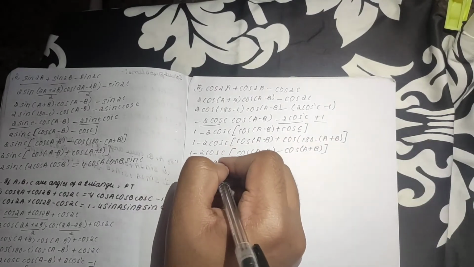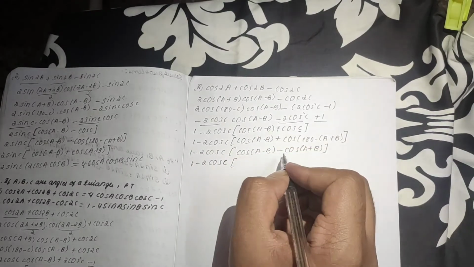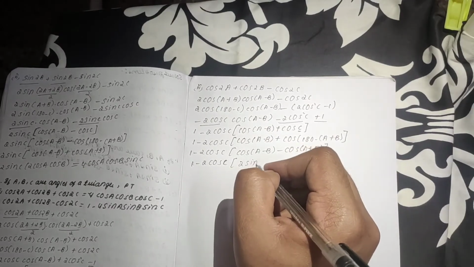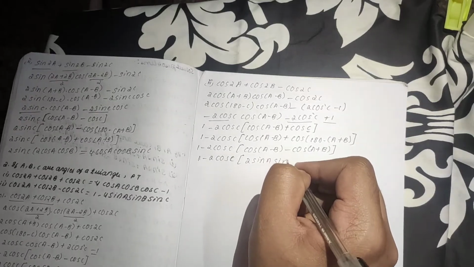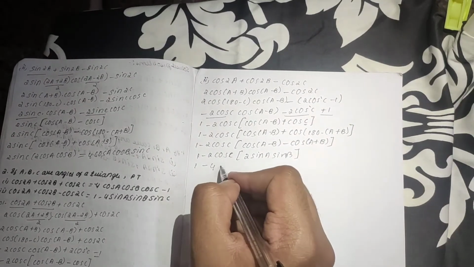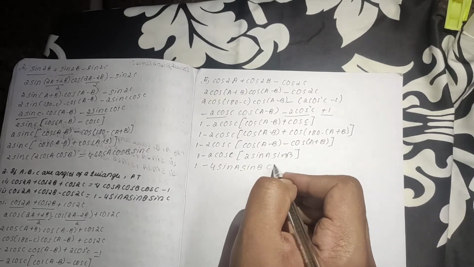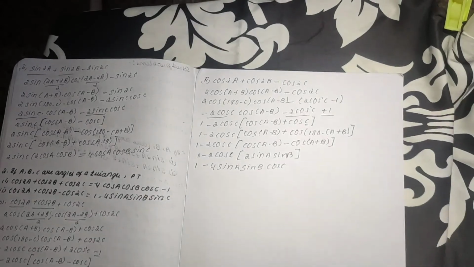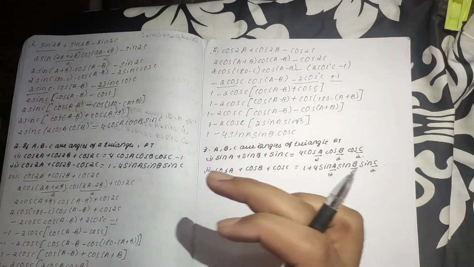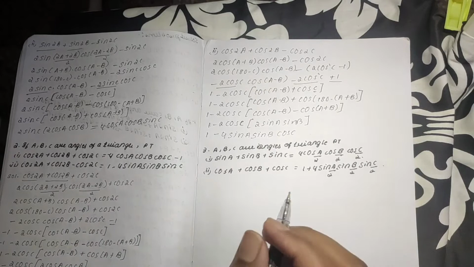which is the value of cos of (A minus B) minus cos of (A plus B), which is 2 sin A sin B. So multiply this: 4 sin A into sin B into cos C. Thus proved. I hope you have understood the previous sum. Don't feel tense by seeing this much of process. If you understand how to apply the formulas, you can solve this problem so easily.